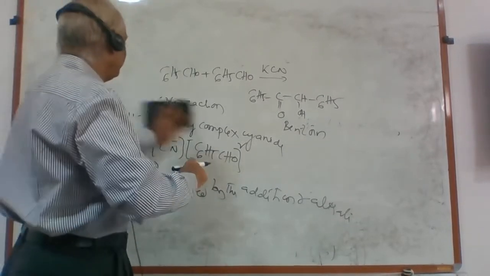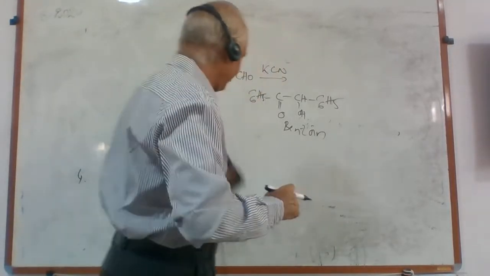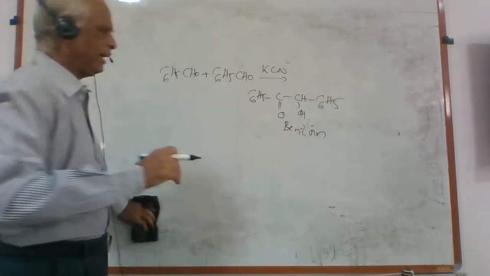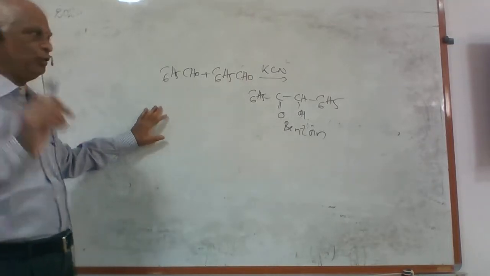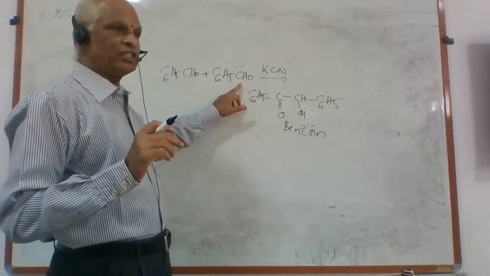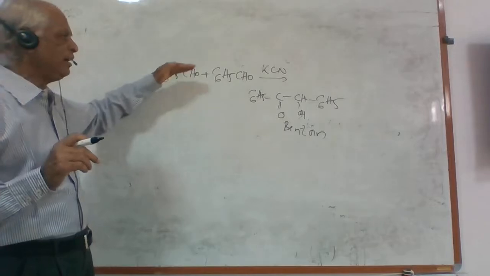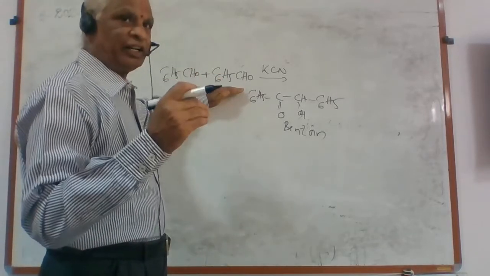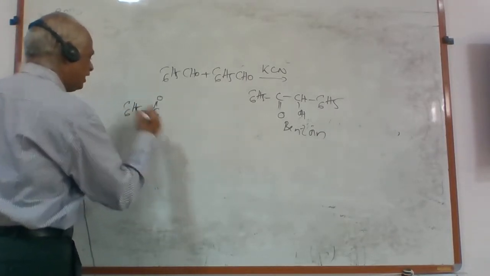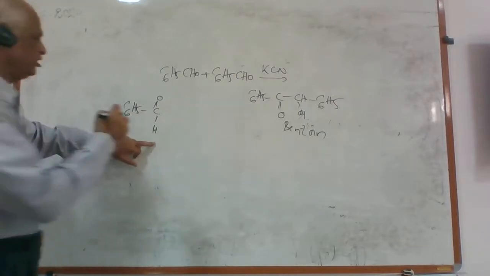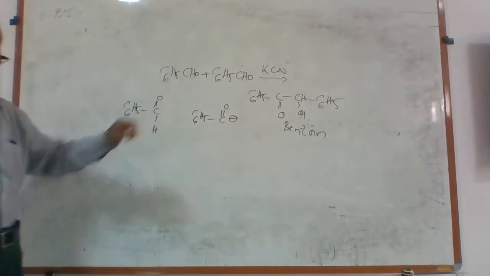So, if we take up the general discussion of this reaction, already I told you, benzoin condensation is an example of carbanion addition to carbonyl group. Here you are using two molecules of benzaldehyde. That means the purpose of one molecule is to generate a carbanion, and the second molecule is an acceptor for the carbanion. But how to generate a carbanion? Look at the structure of benzaldehyde. If I remove this hydrogen as a proton, if possible, I will get this charge. So I got a carbanion.